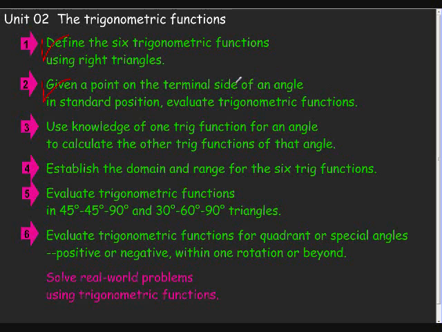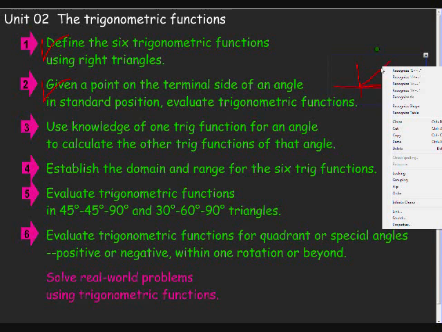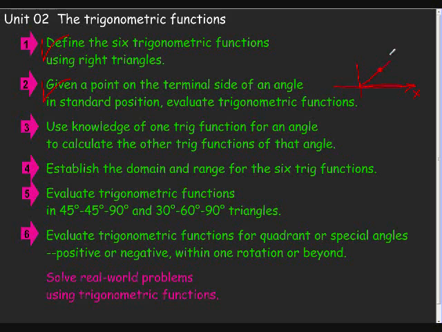If we knew a point on the terminal side of an angle, and that angle was located with its vertex at the origin and its initial ray along the x-axis, then we could,